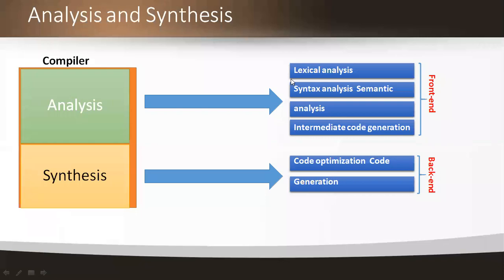And these are the main three subphases in the analysis part that we are going to perform. And in all these analysis steps, the meaning of every source string should be unique. You all should make a note of that. For example, by taking an input program, I am implementing the lexical analysis and generating some output. But after performing the lexical analysis, the meaning of the program should not be changed. After performing the syntax analysis, the meaning of the program should not be changed. After performing semantic analysis, the meaning of the program should not be changed. Make a note of all this.